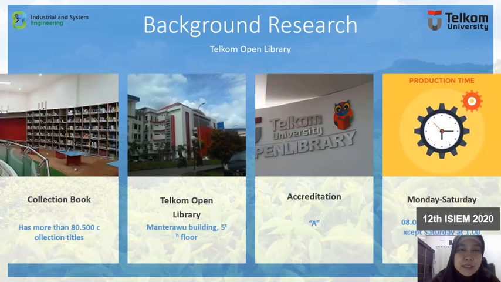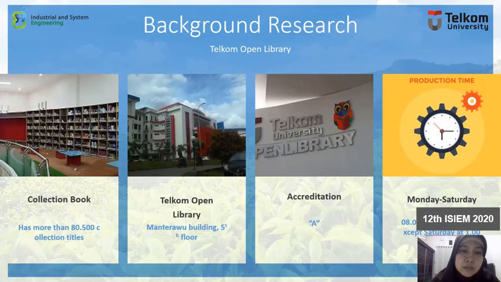Background of the research. Telkom University has a library that we call the Open Library. The collection of books has more than 80,500 collection titles.